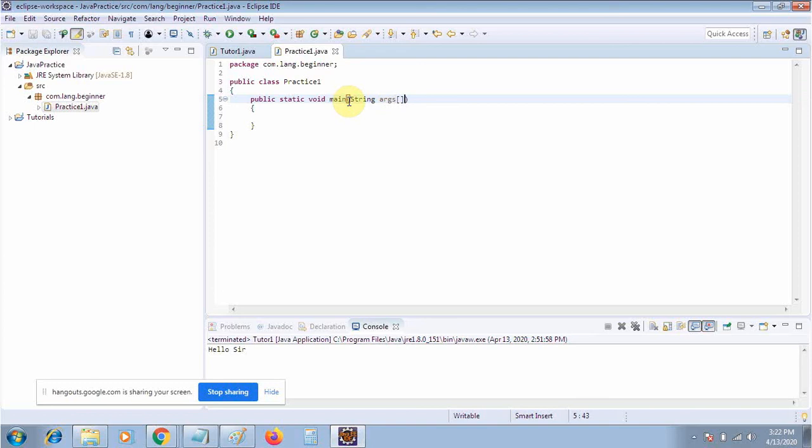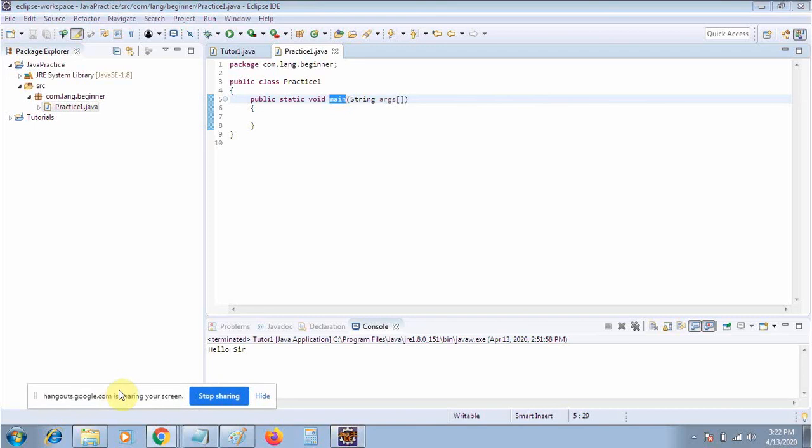First of all, let's discuss the main. Whenever you run your program, the JVM will start and search for this main method. As soon as you start your program, it will try to find the main method and start executing whatever is written in it.